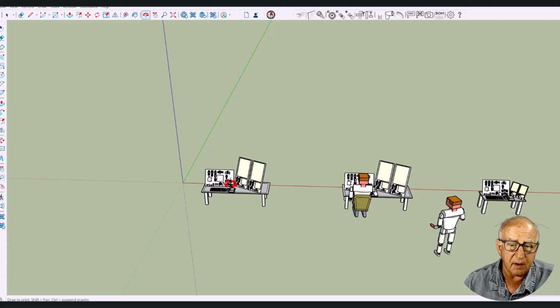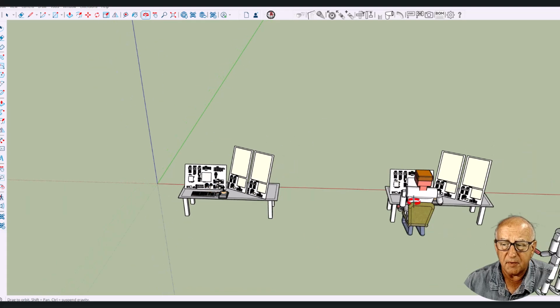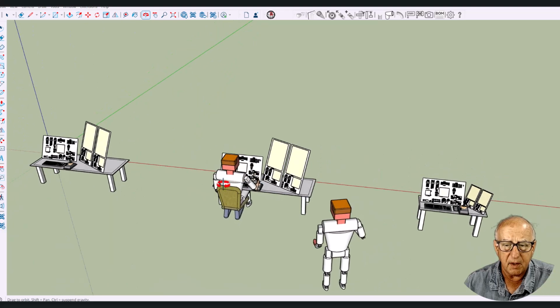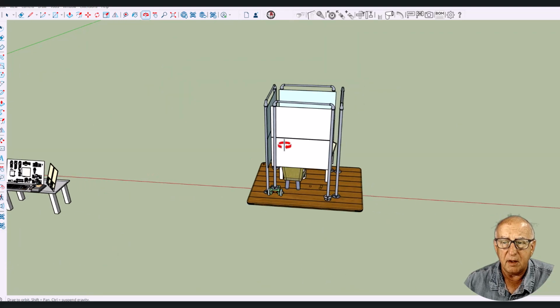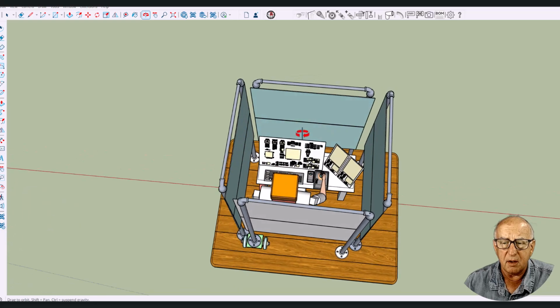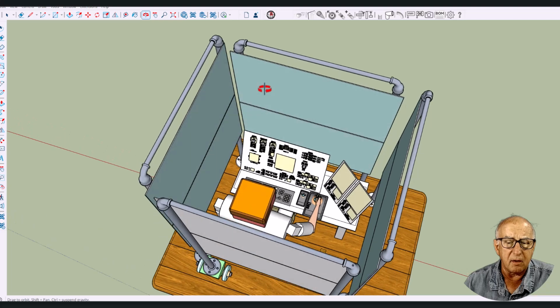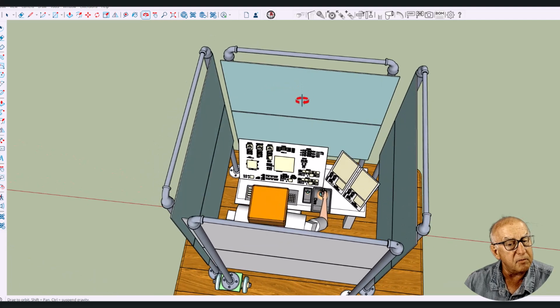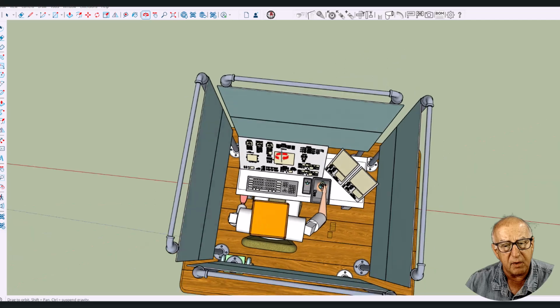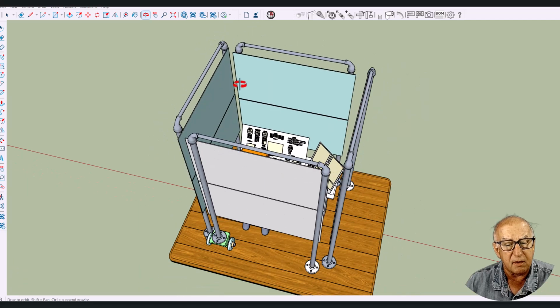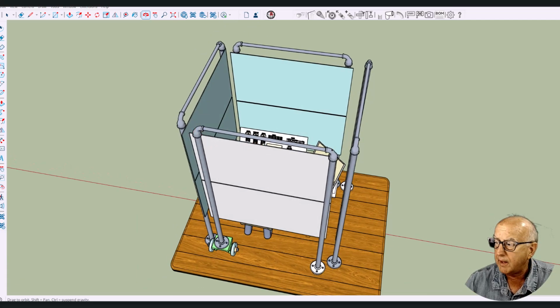Here is that control panel inside of SketchUp, and we have the mannequin sitting there just to show. There's a simulation that we've created. These are just regular old 4K LED screens, and the reason for doing it this way is that it could be sent, constructed, built, and transferred to an outlying forward operating base. It's not a perfect simulation, but it's not bad. They could put this together themselves. And this one at the back rotates, so they can open it up like a door, go in there, and then close it.